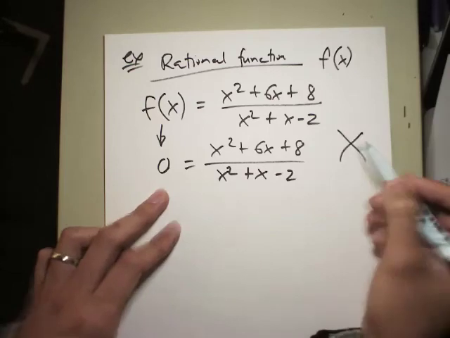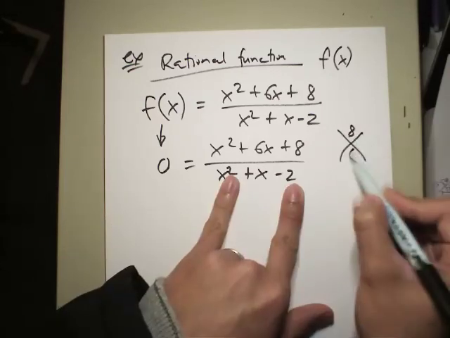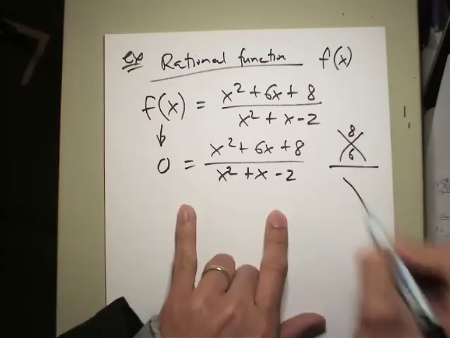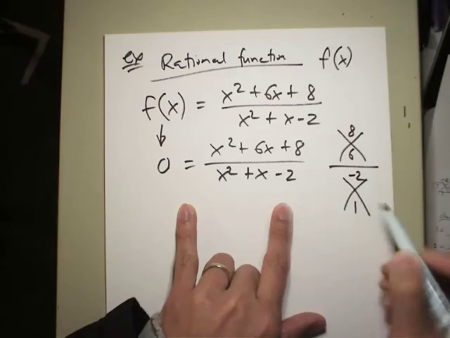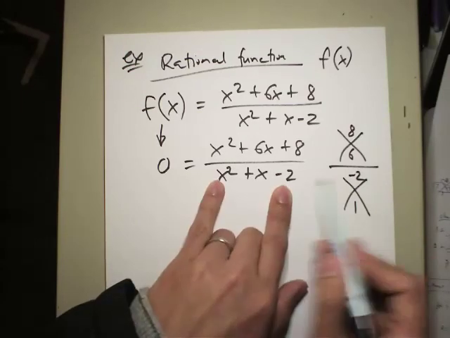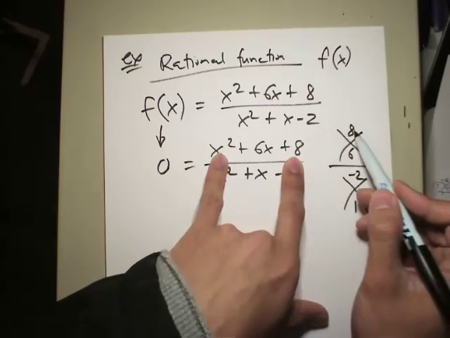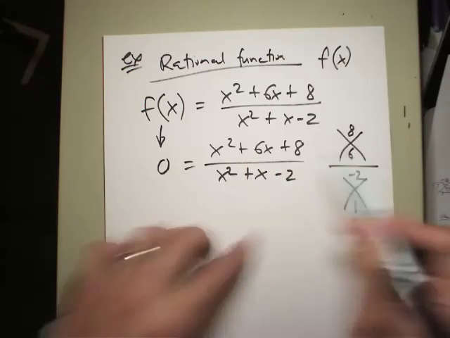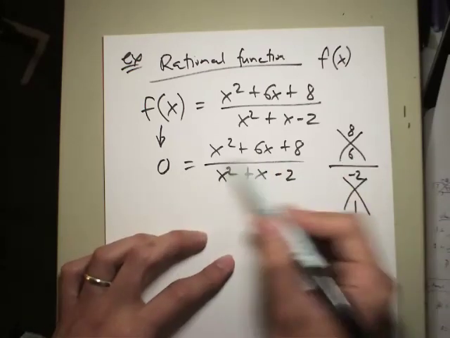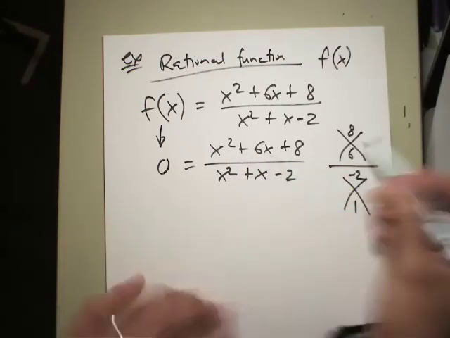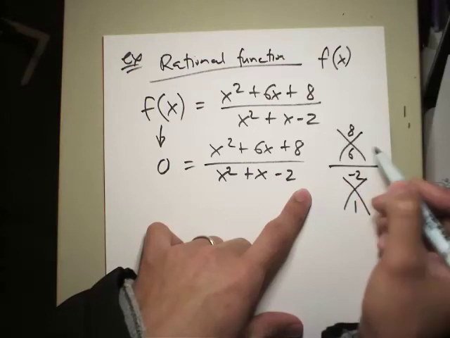Okay, so let's try to quickly do this. If you do the x on top, it's going to be 8 and 6, and on the bottom it's going to be negative 2 and 1. See, you know how I got these from. This is negative 2 times 1 to get negative 2. The 1 is here. Top is 8 times 1 is 8, and the 6 is the middle term. Don't forget that the terms have to be in descending order. So here, to make the product of 8 and sum of 6,